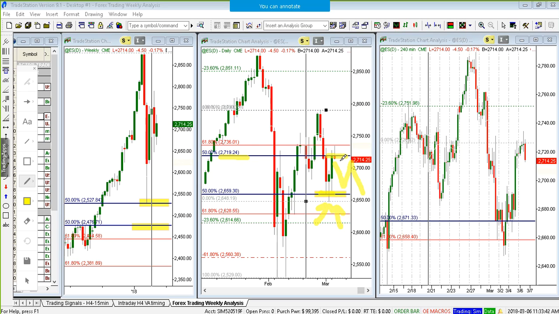Okay. So now, if this market obviously continues lower here, it has the potential to retest 25.27, and we don't know if that is going to happen. It all depends on whether the 26.59 is going to hold.